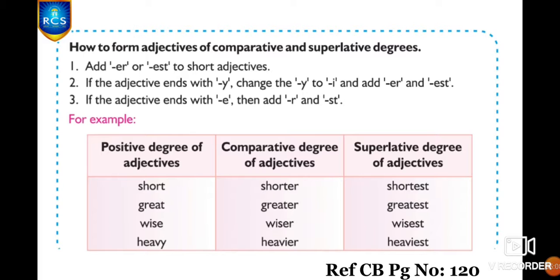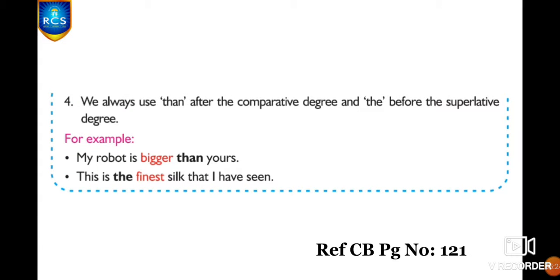heaviest. And next one, if the adjective ends with e, what do we have to do? We have to add r and st to it. Wise, wiser, wisest. Yes, are you all clear, children? Then the fourth point, it is a very important one. Listen, we always use than after the comparative degree in a sentence and the before the superlative degree in a